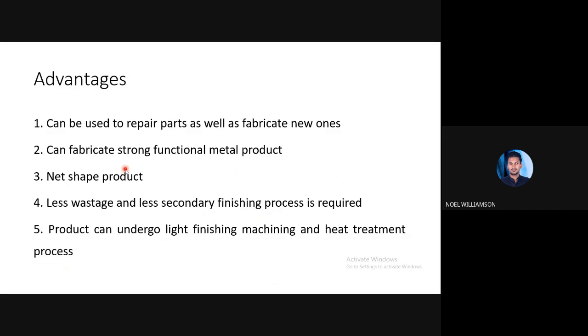Laser engineered net shaping is nothing but a material addition process. Here also we are adding or joining material layer by layer, where the main source of material is in powdered form. It is melted and solidified using the laser source. The laser is focused on the point where the machining is to be conducted, and then it is melted and solidified, so that the initial layer is set up.